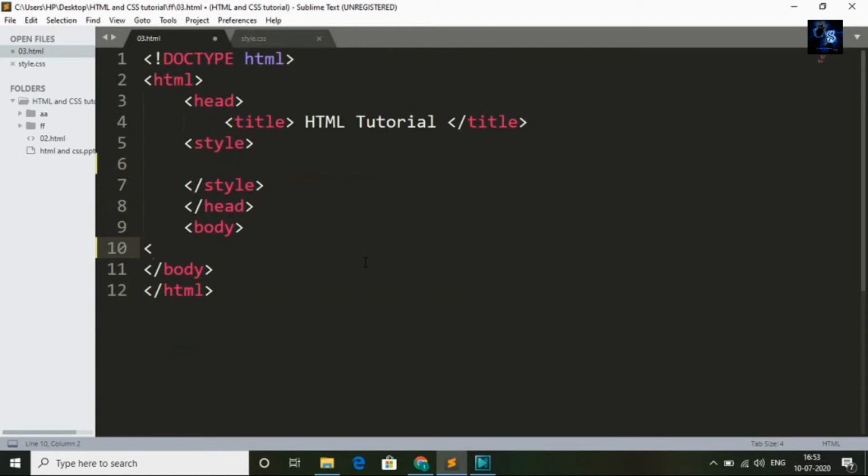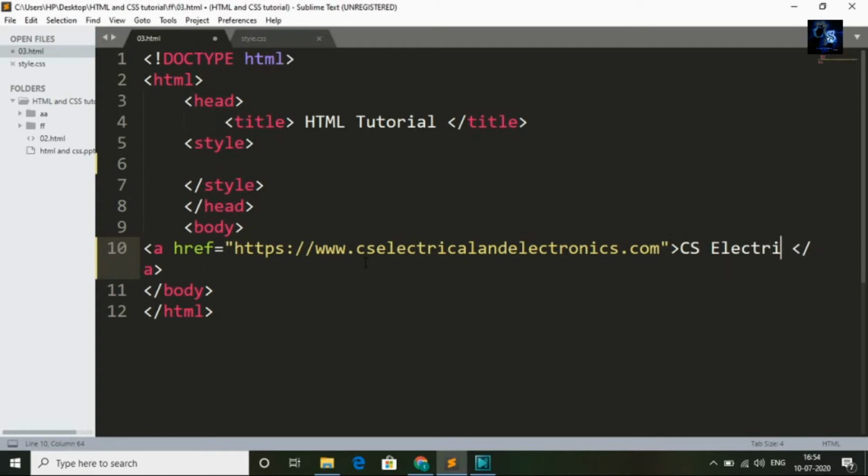I will use a tag, href equal to double inverted comma https colon slash slash www dot cs electrical and electronics dot com, and here closing tag, and here I will type cs electrical and electronics.